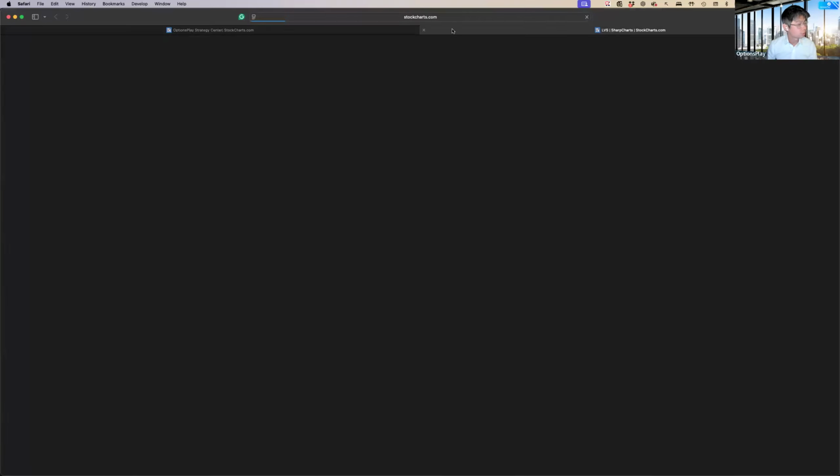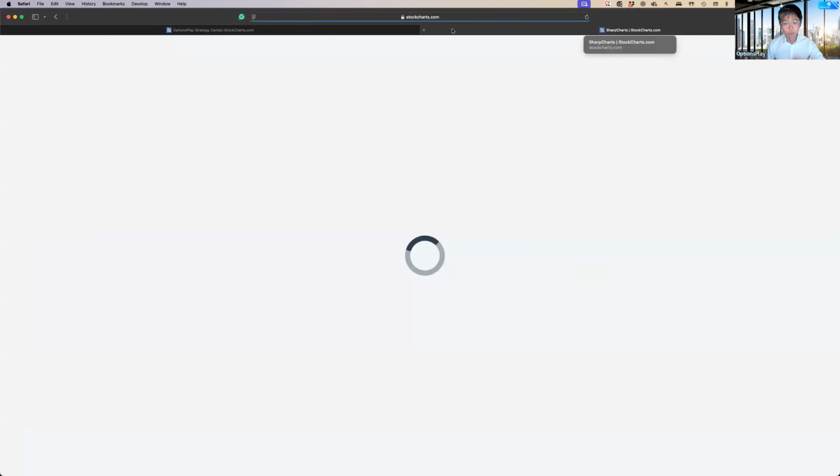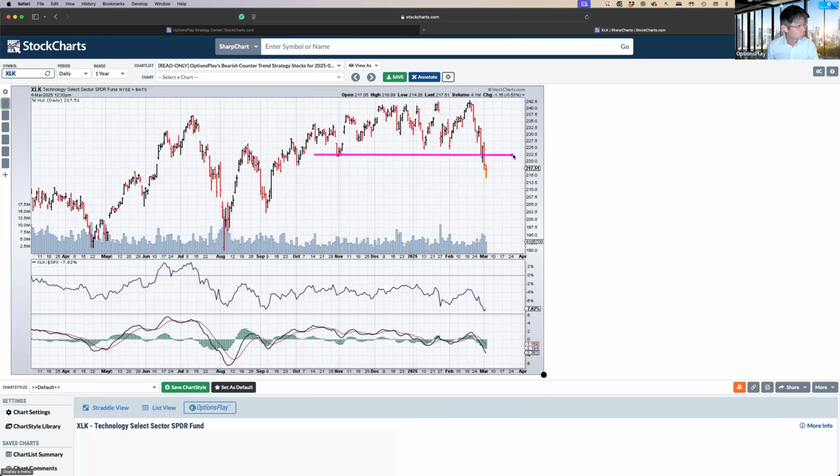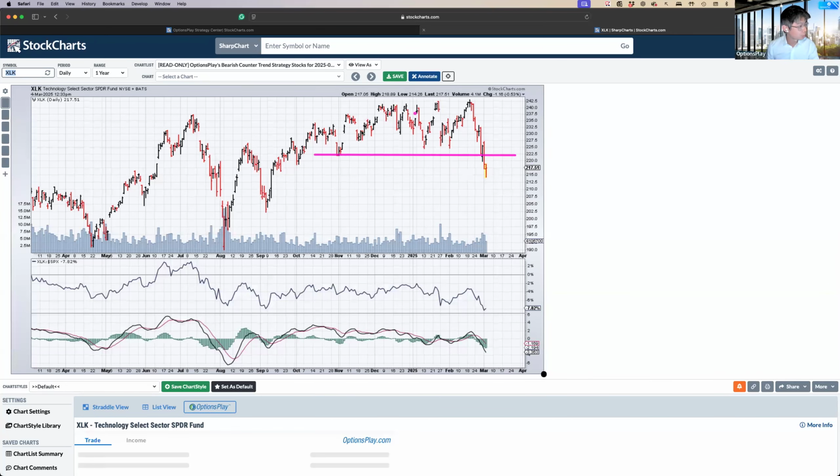So let's take a look at the chart here for XLK, and you have the direct integration into SharpCharts, which I love because I can look at this chart here. As you can see, it recently broke down below this 222.5 support level. So this is a major range that it's been trading in for a while. It just broke. And as you can see, not only did it break from an absolute perspective, it broke from